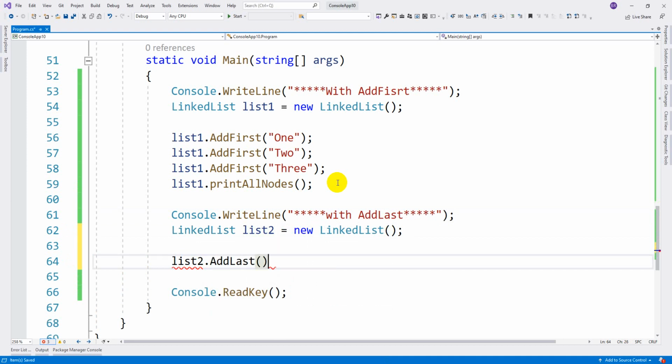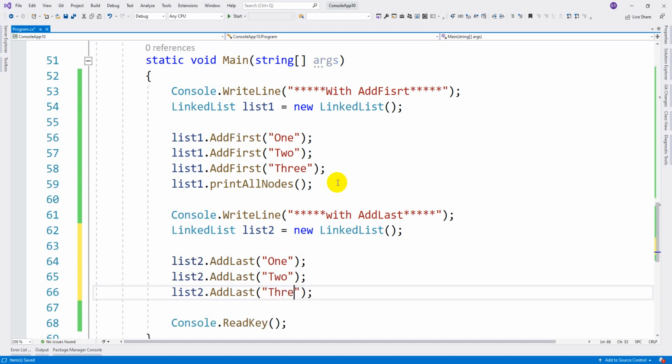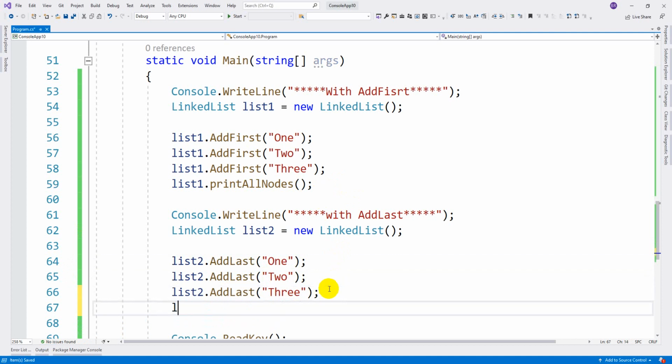We are using the AddLast method this time, so that is 1, 2 and 3. After that let's print all the nodes, list2.PrintAllNodes.